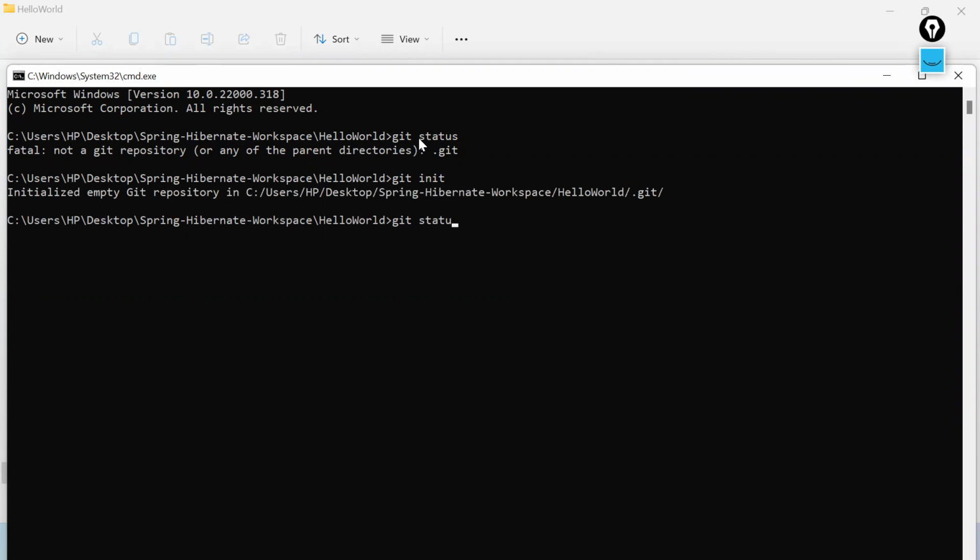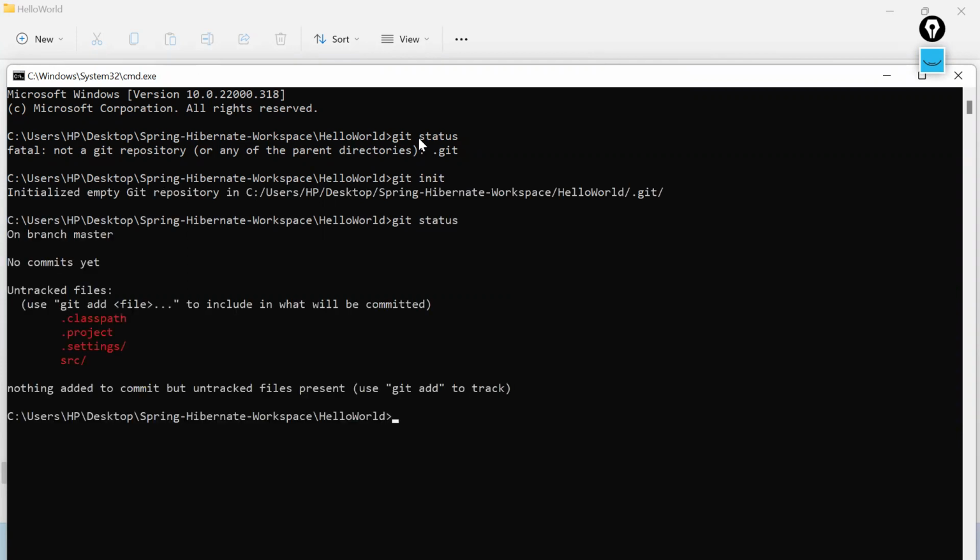Now let us type git status. So now it tells us nothing is available in the local repository, and these are untracked files. Untracked in the sense that the file status would be untracked initially. As soon as the file moves to the local repository, it will be in tracking state. And if we try to modify any file which is in tracking state, it will show us as a modified file. We'll be seeing all that.